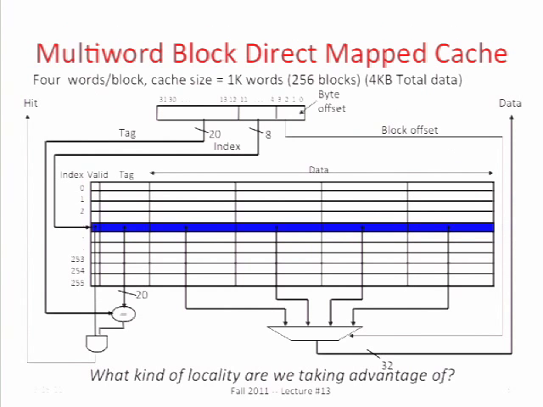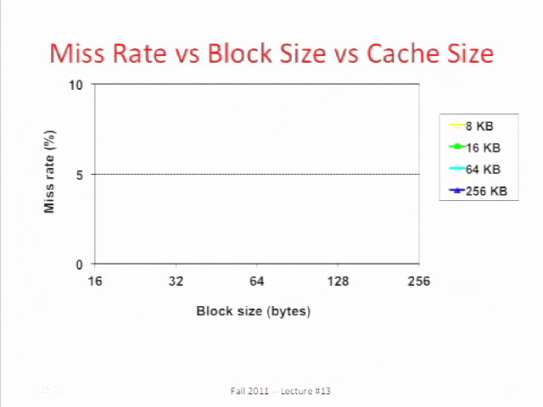So, all right, we talked about this already. This is a figure out of the book, which is at some point, if your blocks get too big, your argument might think that bigger blocks are always better. And what this is showing is, for different cache sizes, what happens to the miss rate for this particular workload as you increase the block size. So the cache stays the same size, and you increase the block size. And what you find out is,